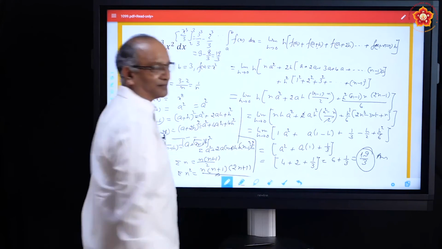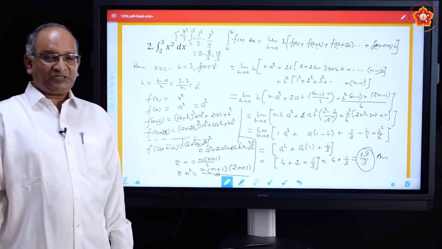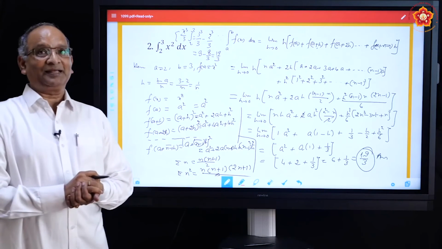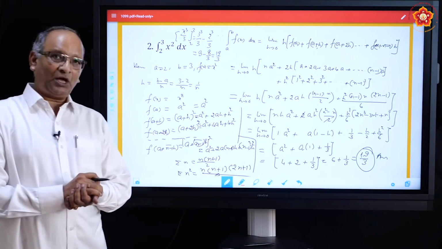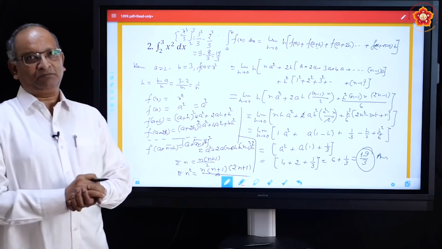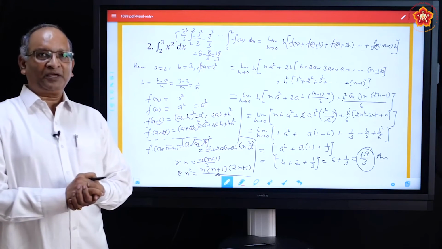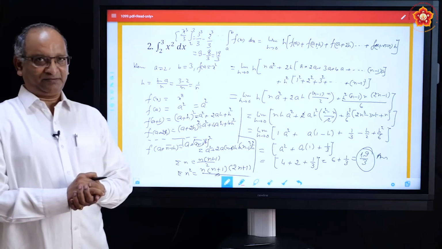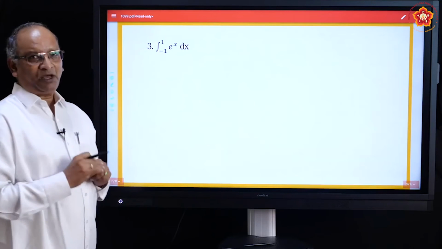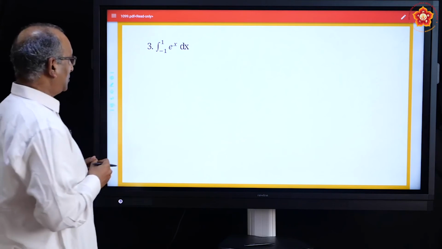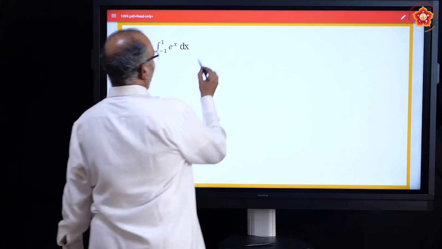So the same answer. So in this way, by using the formula, no doubt it is lengthy, but this is how the formula is being derived. So we are learning it. We'll just do one more problem before we close this particular session. Once again, just observe. Now it will become quite easy because we are doing it in the same manner. So first write the formula.